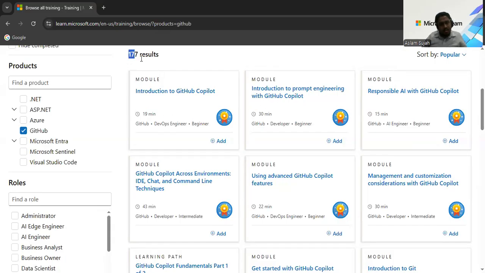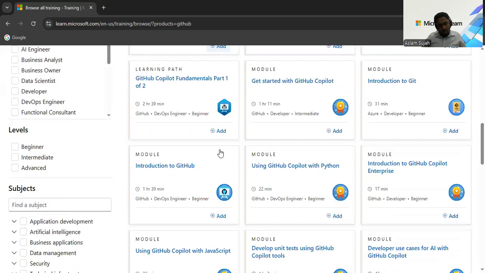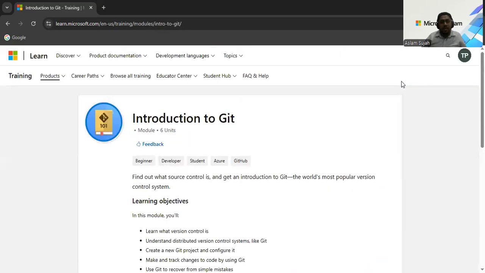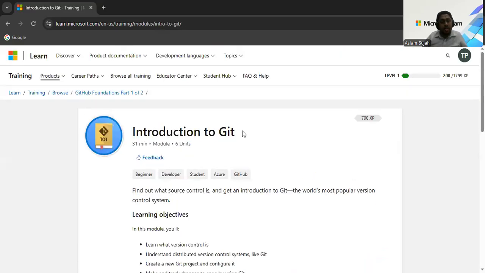Likewise, here are 177 course modules related to the version control system with GitHub. If you have free time, you can complete them one by one, right? There are so many things, like Getting started with GitHub Copilot, Introduction to Git. As a beginner, as a fresher, maybe if you don't have an idea about Git version controlling, this is the course module, Introduction to Git. You only need to spend 31 minutes to complete this module, right? So within a short time period, we can learn